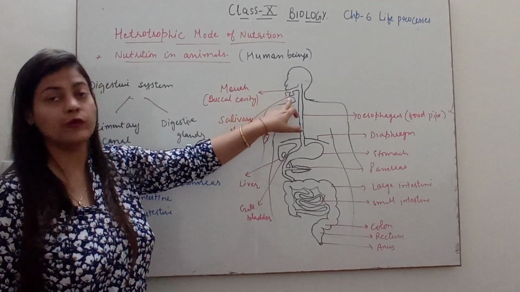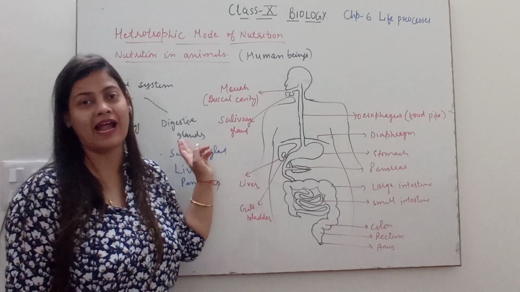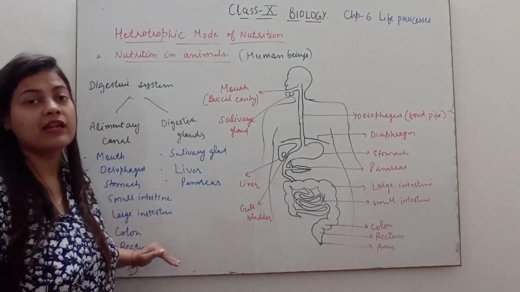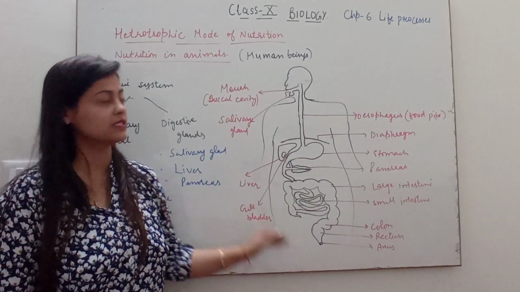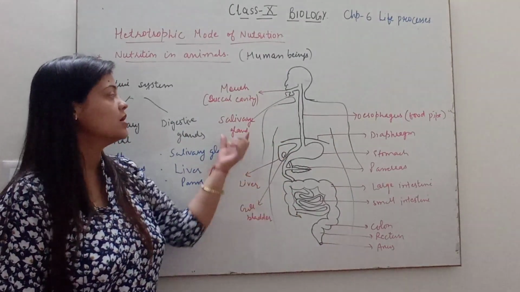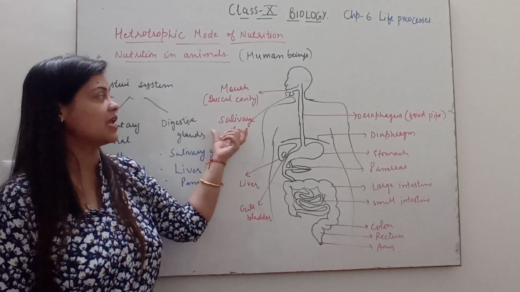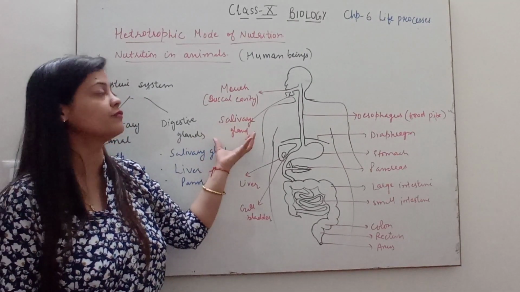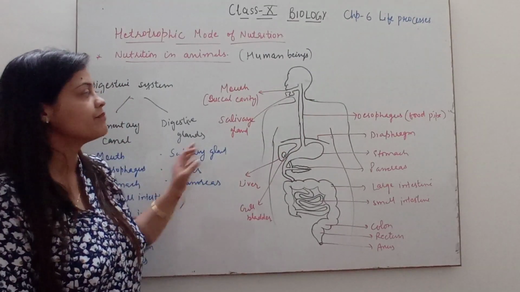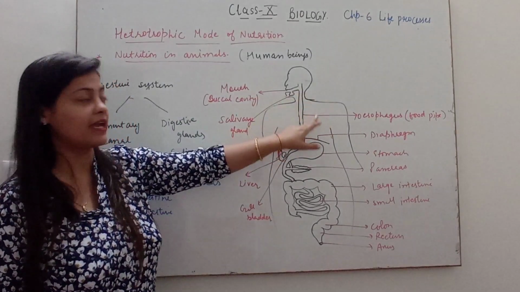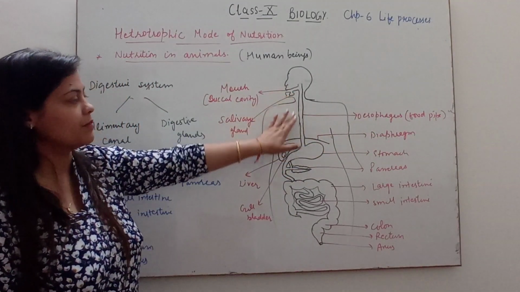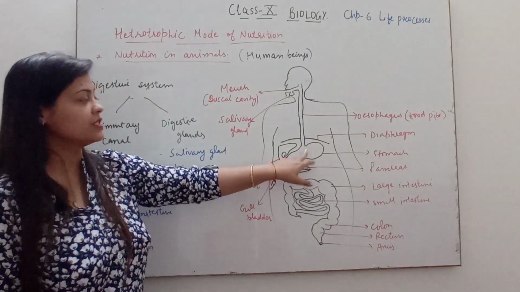And in the mouth, here you can see the opening of the first digestive gland, which is called the salivary gland. As I told you, the alimentary canal is the passage through which the food will pass, and the digestive glands are associated with the alimentary canal and help in the digestion of food. The salivary gland secretes saliva which helps with the digestion of food. It means digestion itself starts in the buccal cavity. Then from the buccal cavity, this pipe-like structure, the esophagus or food pipe, is connected to the inner portion, that is called the stomach.